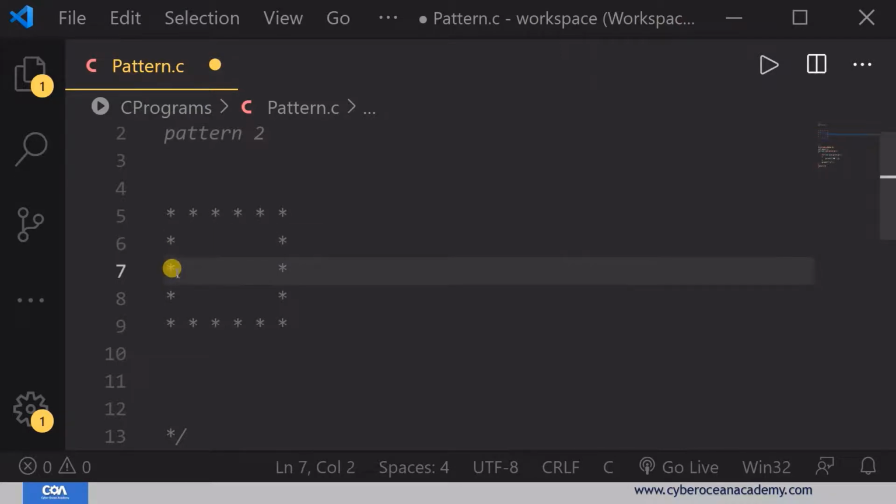Same way for this row, and same way for this row, and the last row is printed the same as the first row. That is the problem, guys. If you can see any relation between these, then you can understand this.